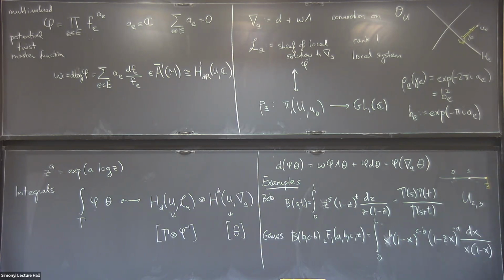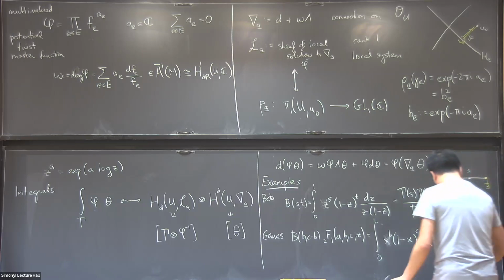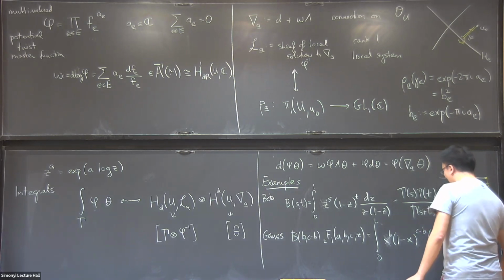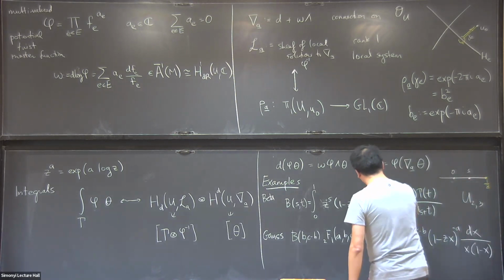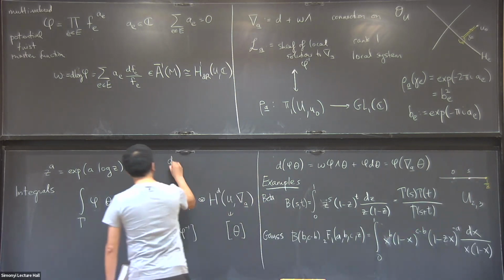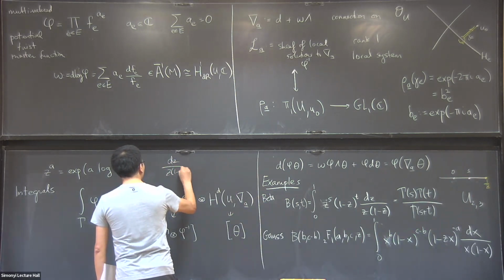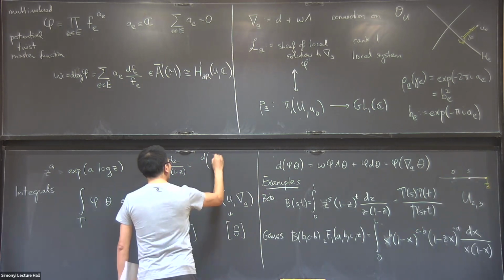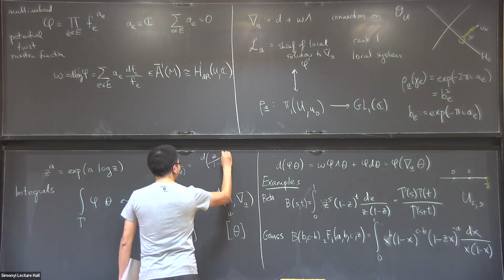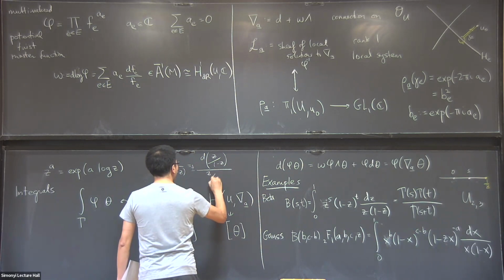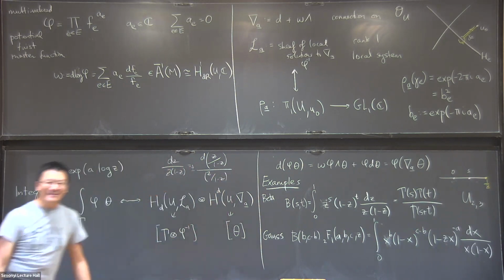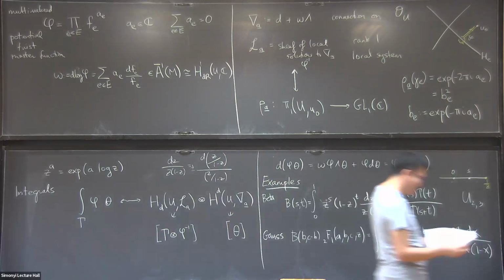Are you saying the integration measure is dz over z times 1 minus z? And then in what way would we achieve that as a d-log form? This thing is actually, d of 1 minus z is actually equal to d of z over 1 minus z, or plus or minus. You can calculate this, but it's actually just d-log of